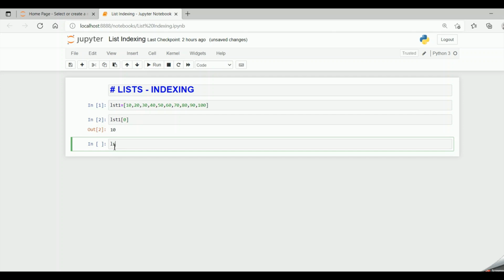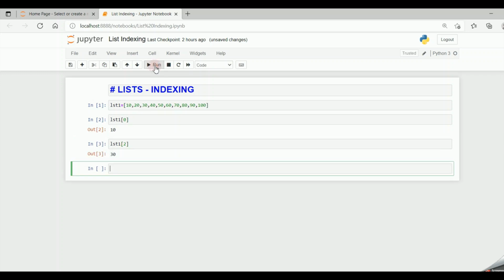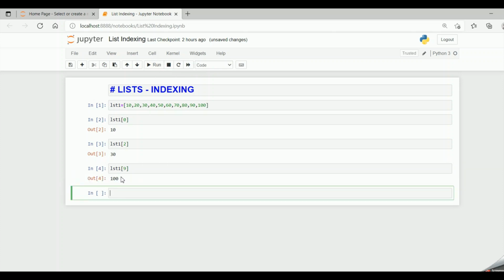If I say lst1 of 2, so it is 0, 1, 2, at the second index we are having the value 30. Now if I run the code, I get the value 30. If I say lst1 of 9 and run the code, I get the value 100.